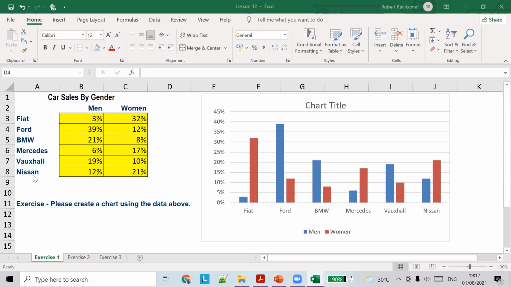Copy this data first. Try to create the data first and then create the chart. Okay, so I'll give you up to 7:35. You guys start to work on it and let me know if you are stuck anywhere or need any help. Okay, so ask if you need any help.